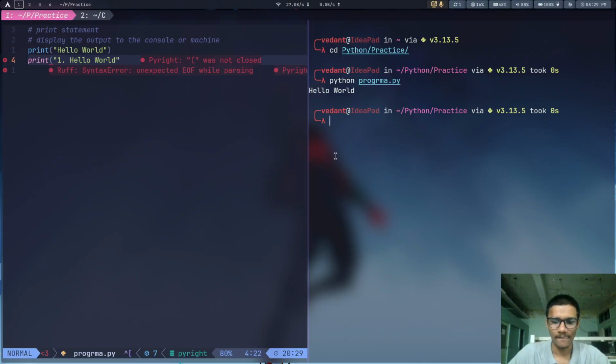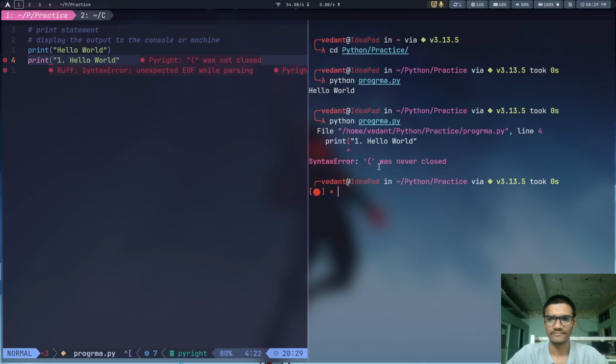Okay, and if I were to execute this program, see, it says print one hello, syntax was not closed. That's the beauty of Python, man. My bad. I thought the interpreter would execute the first hello and then give the error.